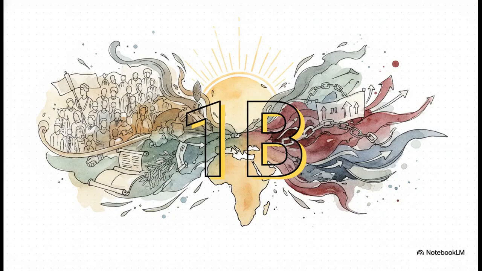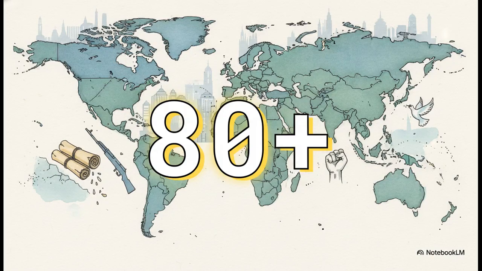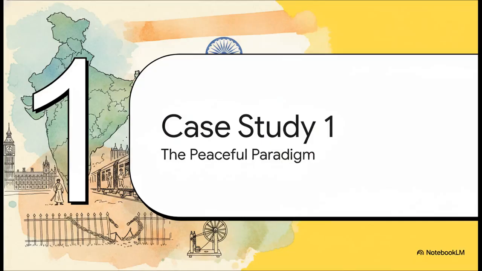But before we get into the actual mechanics of it all, I just want you to think about this number, 1 billion. That is the staggering amount of people added to the community of self-governing peoples during this incredibly short window of time. That's a massive portion of humanity suddenly getting to decide their own fate. And that 1 billion people? Well, that translated into more than 80 new nations born across Asia, Africa, the Middle East, and the Caribbean. This wave entirely redrew the world map and actually forged the modern international institutions that we interact with every single day.